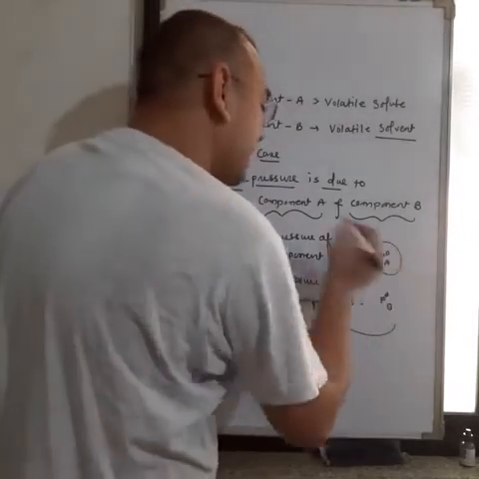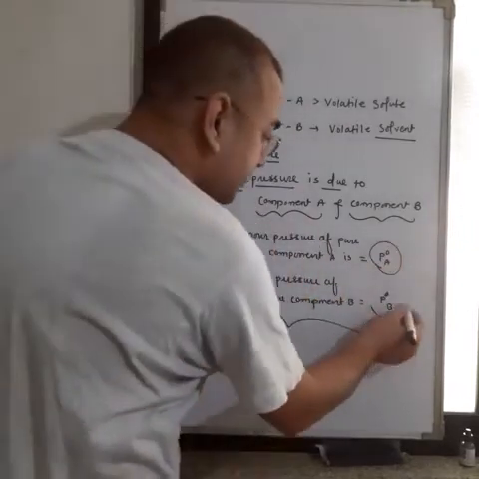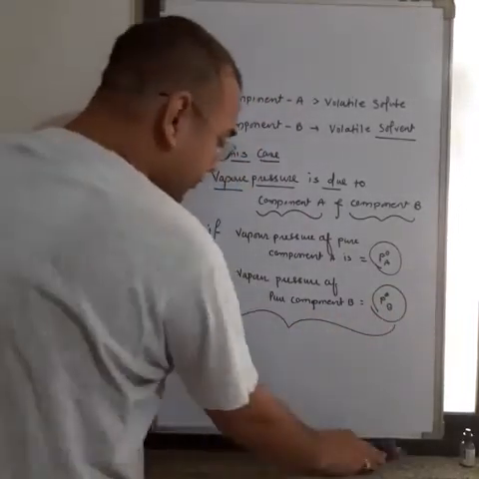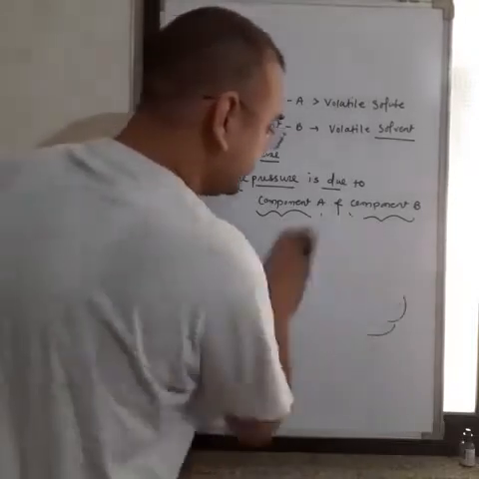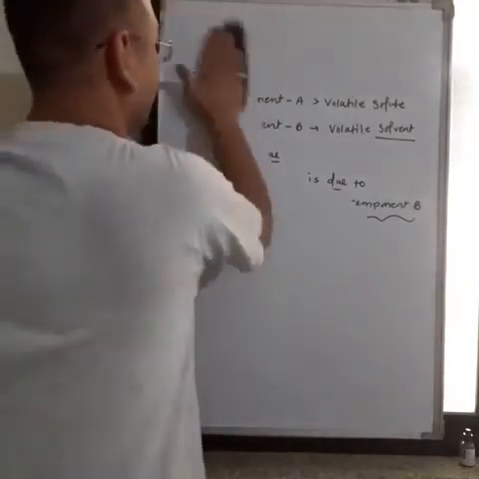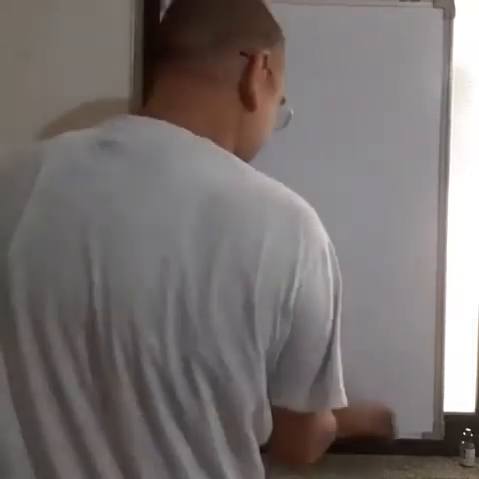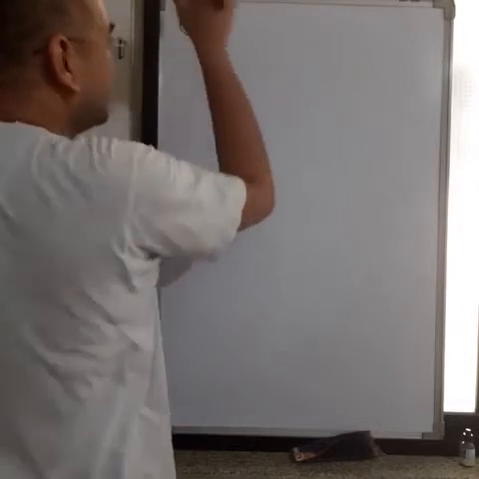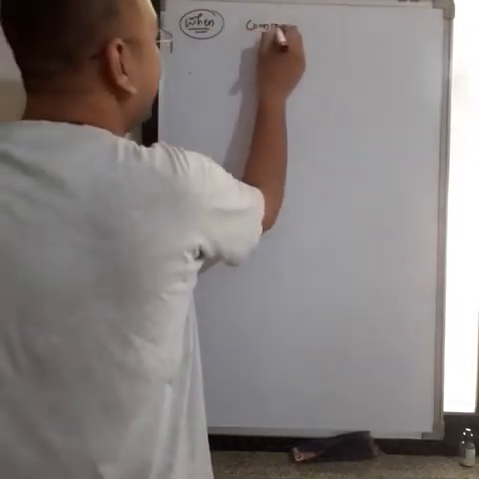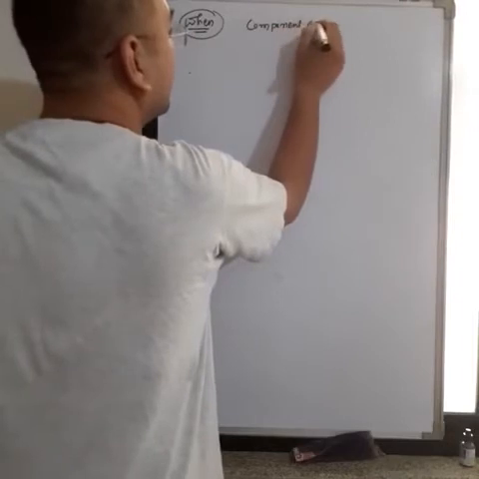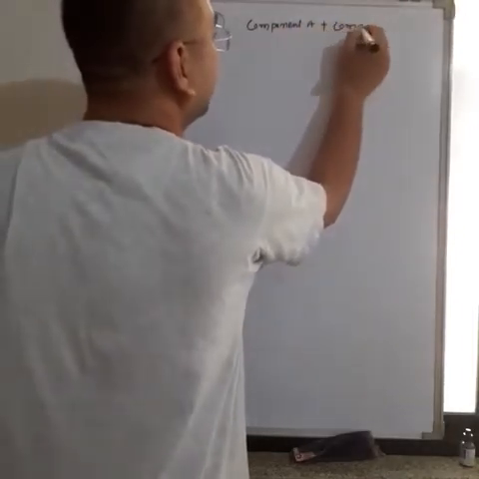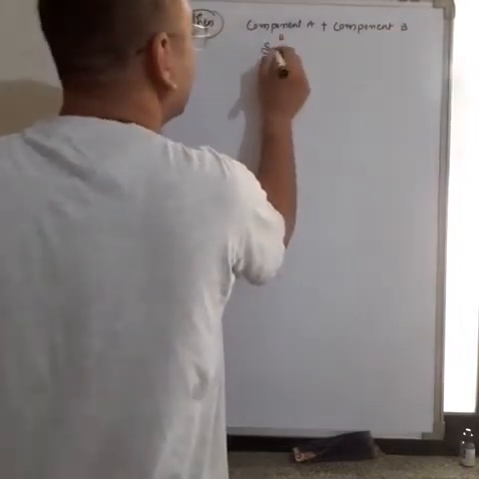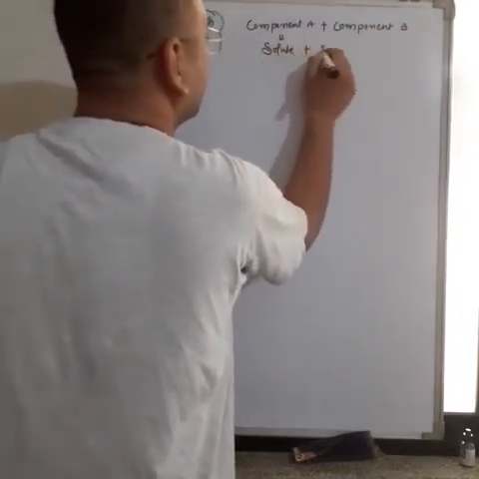This P naught A means for the pure component A, P naught B for the pure component B. Now, when component A plus component B, means solute plus solvent,